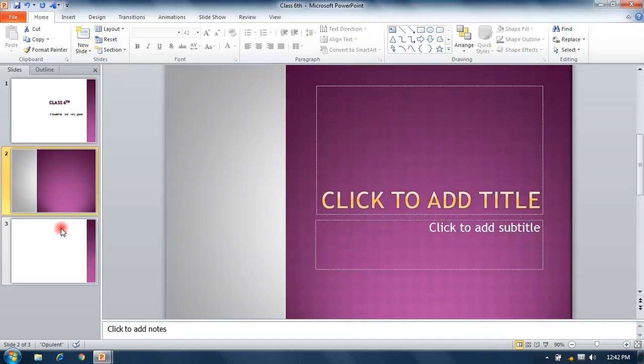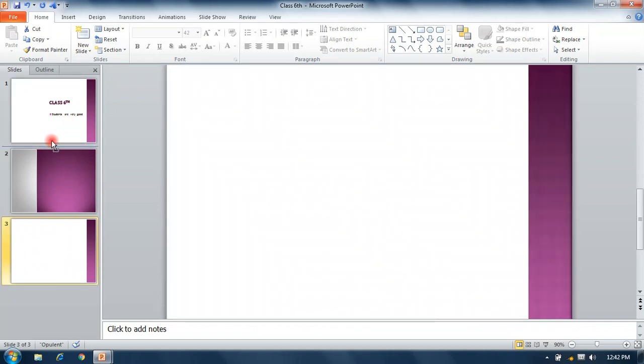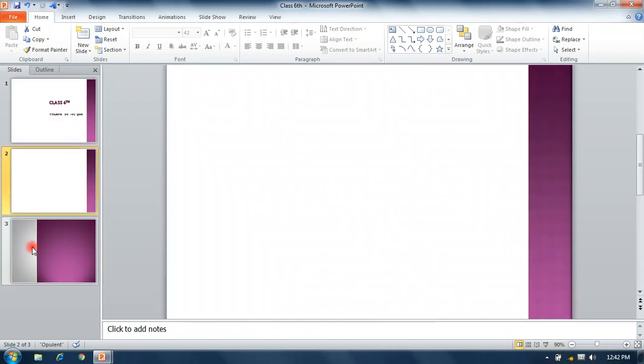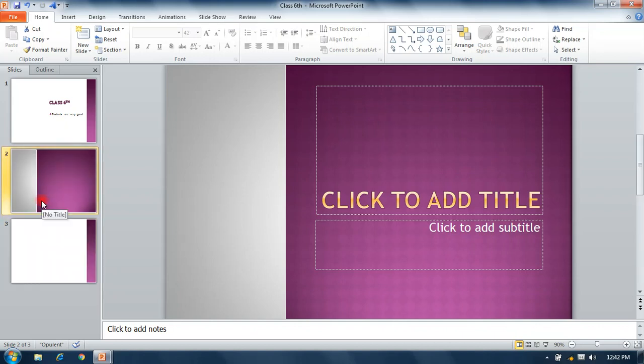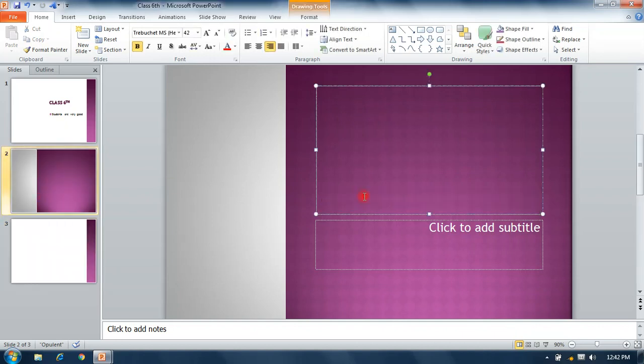Now we can insert this, or if you want to move your slide up and down, select your slide, hold your left mouse button, and move it up or down to where you want to place it. Okay, click to add.